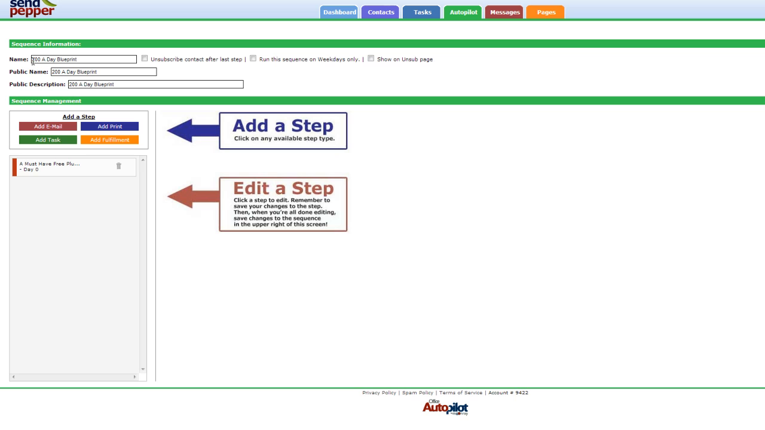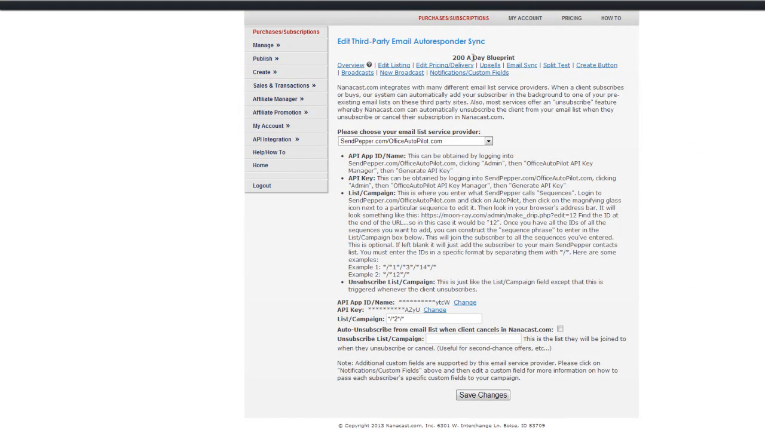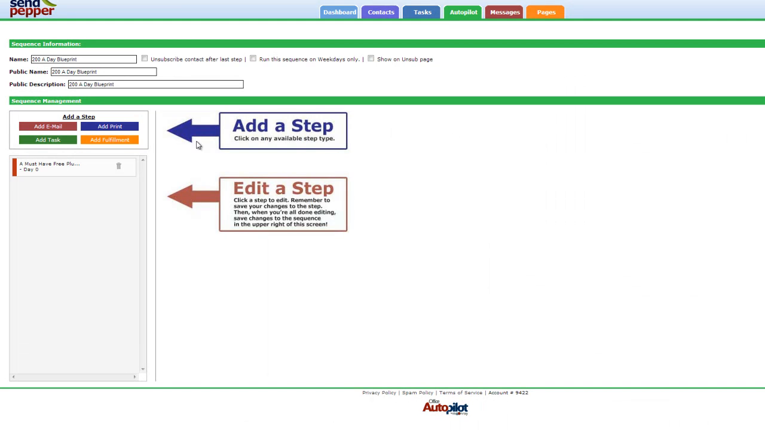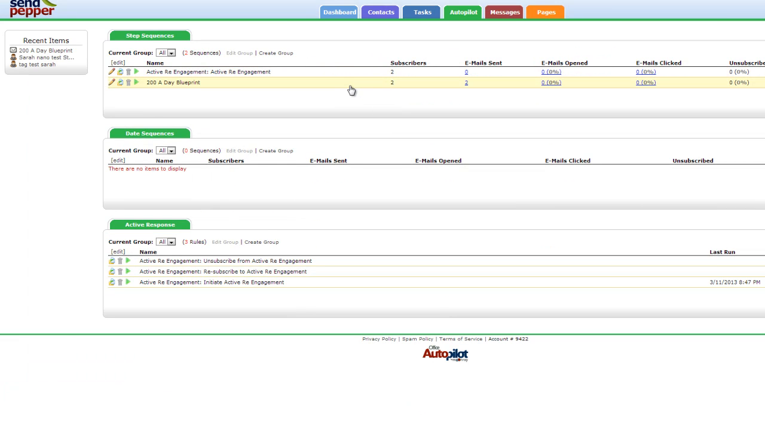So I've named my sequence the name of my product. This is the sequence which corresponds to my product in Nanacast, which is the 200 a day blueprint. And you can see here that's the product name within Nanacast. So I've got my sequence set up. This will eventually have about 30 emails in this sequence. If I just go back, so I've got the sequence set up. So the idea is when anybody buys this product, they're going to automatically be added